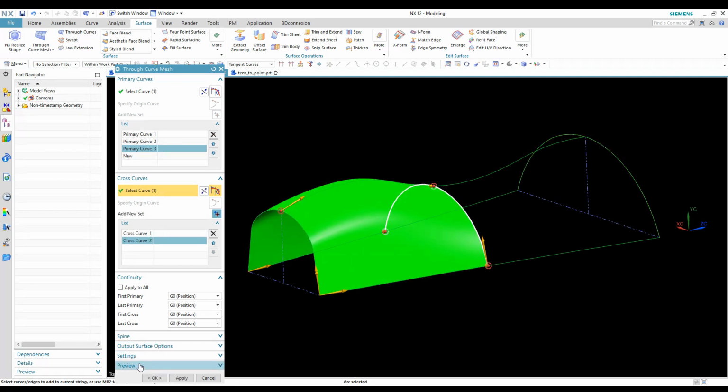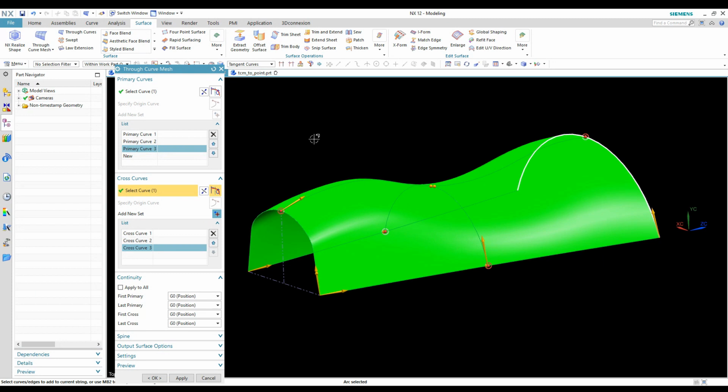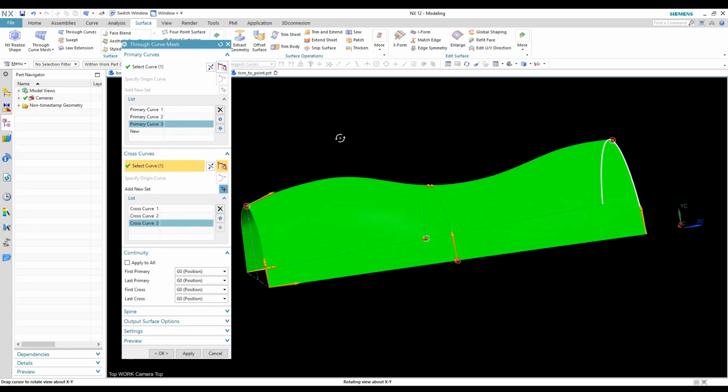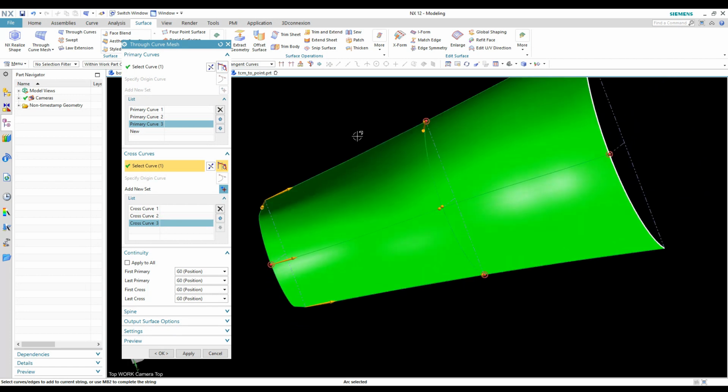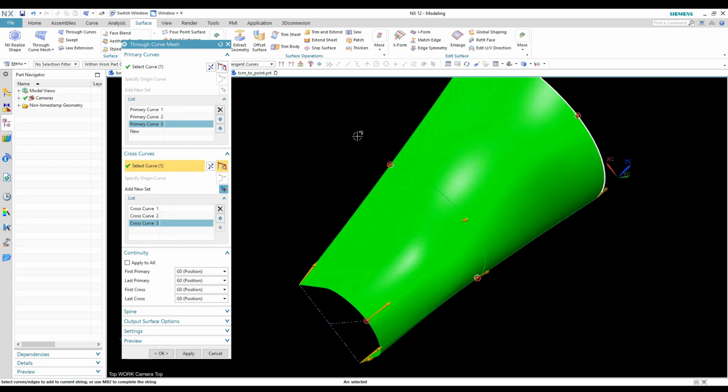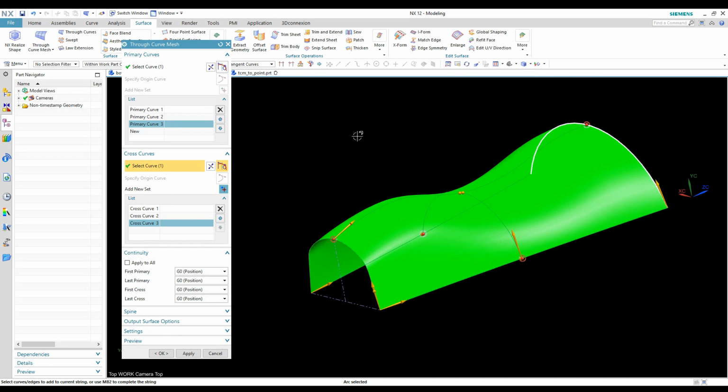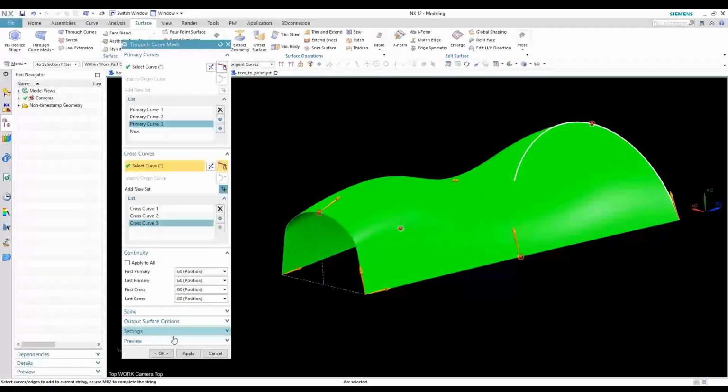And if you have preview on, which it should be on by default, it will start to show you what your surface looks like once you get the second cross curve selected. After that, you go to add new set, create the last one, and that will show you your entire surface now that I've selected all of the strings that I have for this shape. Okay, so at this point I can hit OK and create this, or I can change some of the settings